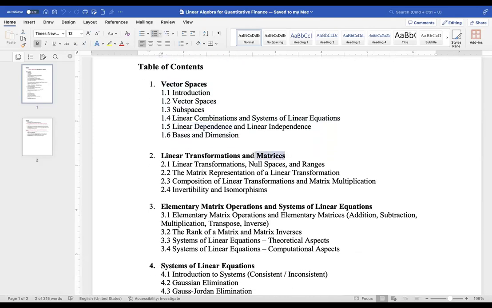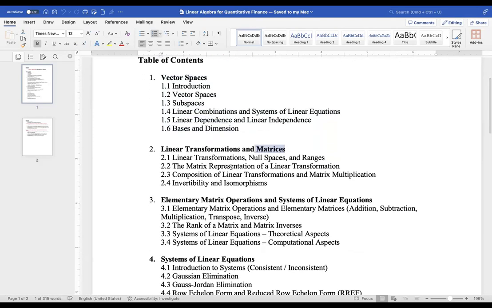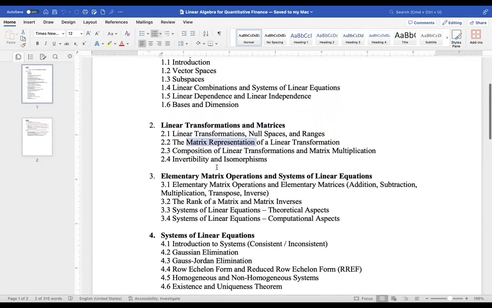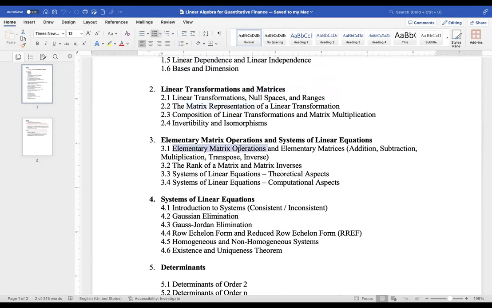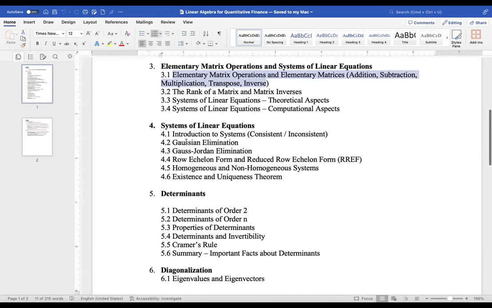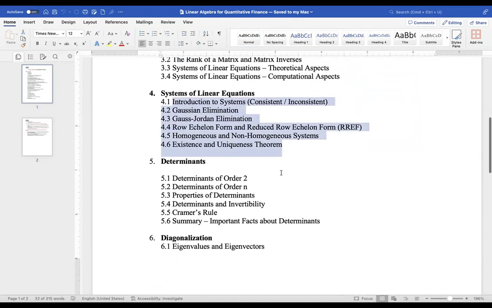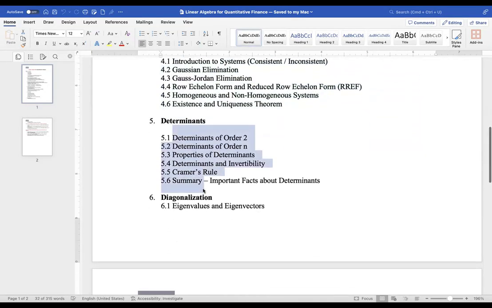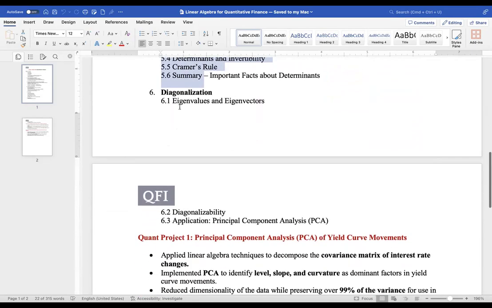Then, we'll jump into matrices. There are certain functions that we perform on matrices such as linear transformation. Then we'll see the matrix representation of linear transformation. We'll see a bunch of elementary operations like addition, subtraction, multiplication, transpose, inverse, and then we'll see how we can solve systems of linear equations. We'll deep dive into determinants, how to calculate determinants of a matrix, and calculate the eigenvalue,